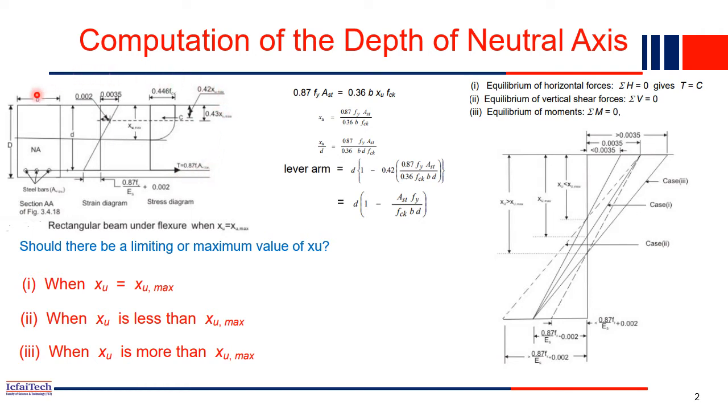Here you can see this is a singly reinforced section, and the reinforcement is provided at the bottom. When you see this type of figure, you can understand that this is a singly reinforced section. The section is at the middle of the span, because there the maximum tension force is generated at the bottom fiber. That's why steel reinforcement is provided at the bottom.